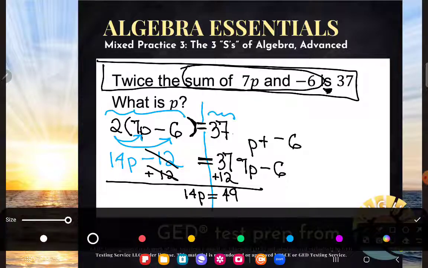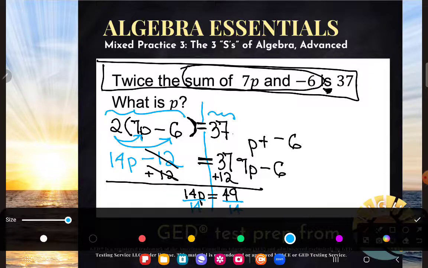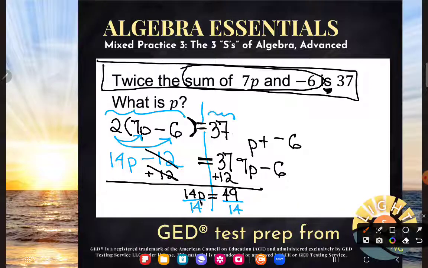P is not alone yet. It still has a 14 hanging out. I want to get rid of that 14 to get p alone. Well, 14 is multiplying, so I will divide to get rid of it. Do opposite. And let's see what happens. Multiplying and dividing by 14 cancel. So p's alone, just like I wanted, and it is going to be equivalent to